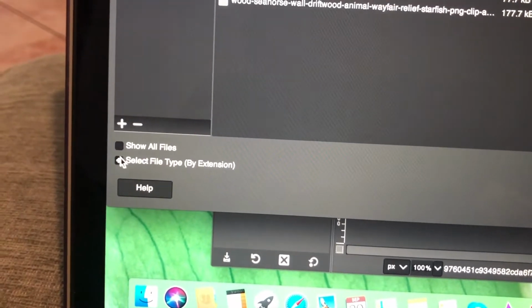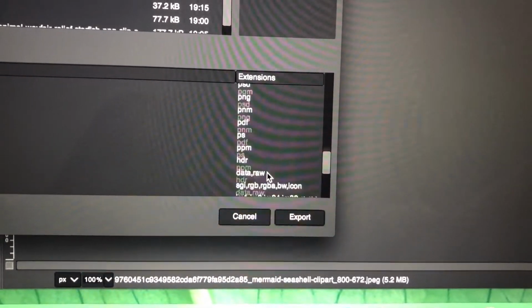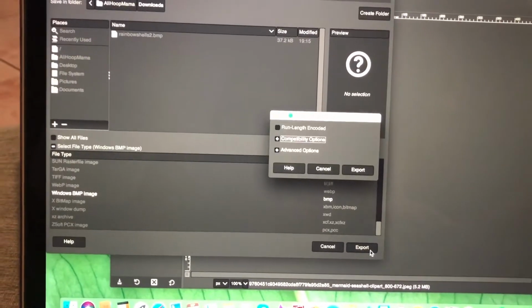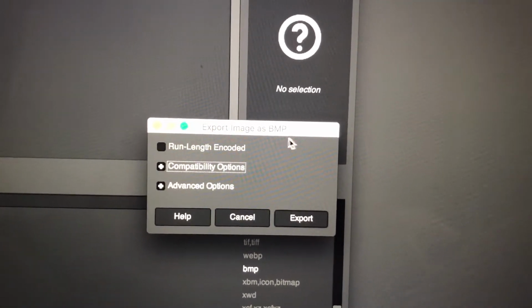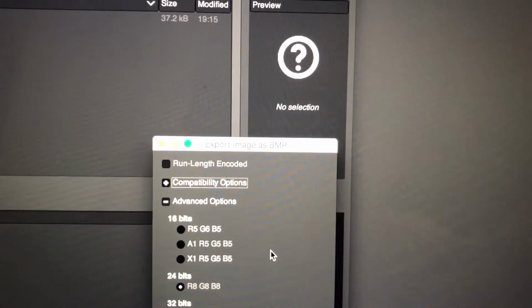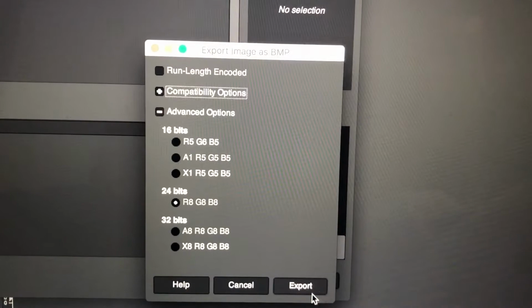But see how it is trying to save it as a JPEG? If we go down here where it says select file type, you can choose to save it as any of these, but we want a bitmap, so we want BMP. And there it is. And now we're gonna export. Now it's gonna ask you, do you want to export image as bitmap? Before we hit export again, we're gonna go to advanced options and make sure that it is clicked on 24 bits RGB. If it is, we're gonna just go ahead and export,